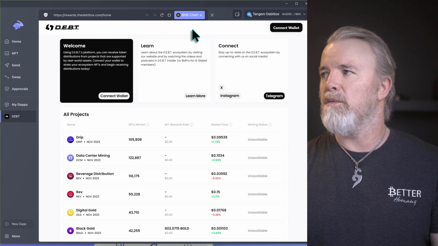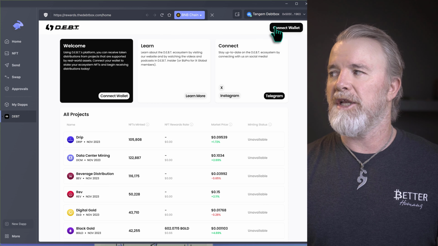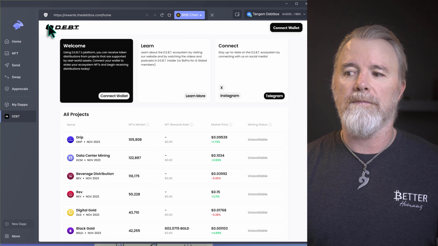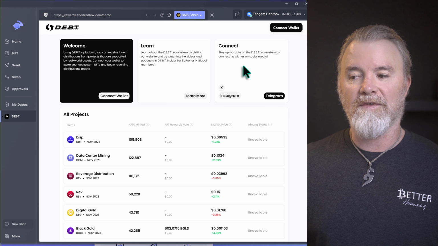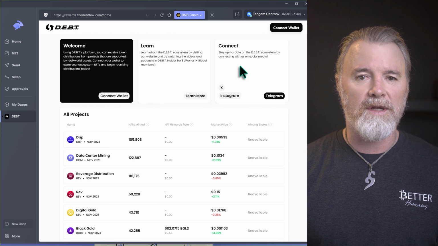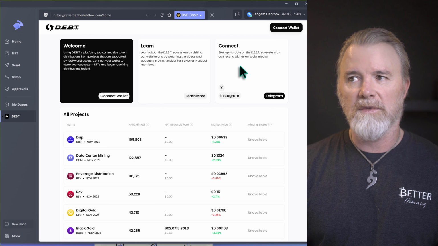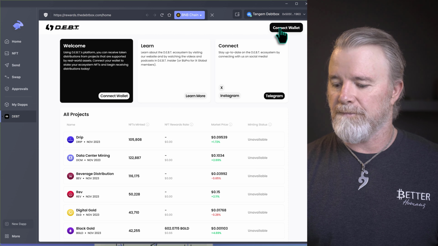So what we need to do, we've connected our Tangem wallet to Rabby, but we want to connect our actual Tangem wallet to the debt site inside. The reason why this is so good is because you don't have to keep opening up browsers all the time when you want to get to debt. You just open up your wallet and do everything in your wallet. So all you need is your Tangem and Rabby. That's it. All right, so we're going to click on Connect Wallet.